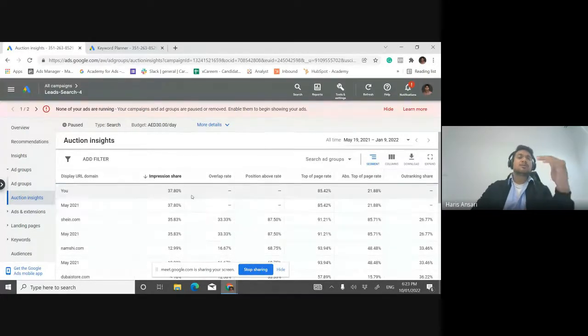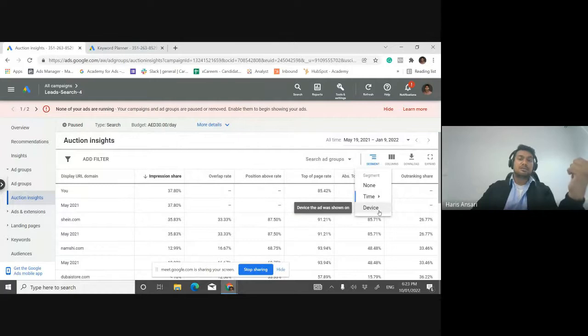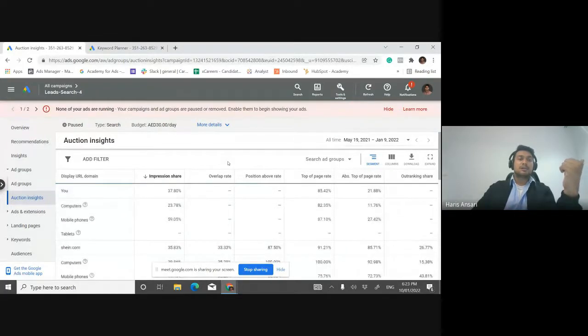So this will help you in understanding. If you start working towards anything to beat your competitors, you will be able to see over that period of time. You can compare it with the last month. So it's for the comparison of the months. Another thing you can do is see the data device wise, because it will tell you how you and your competitors are performing on each individual device. I'll tell you the importance of it later in this slide. It's very important when it comes to giving a tough time to your competition.